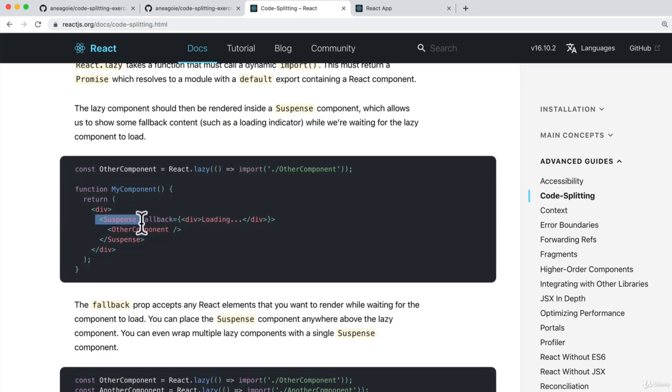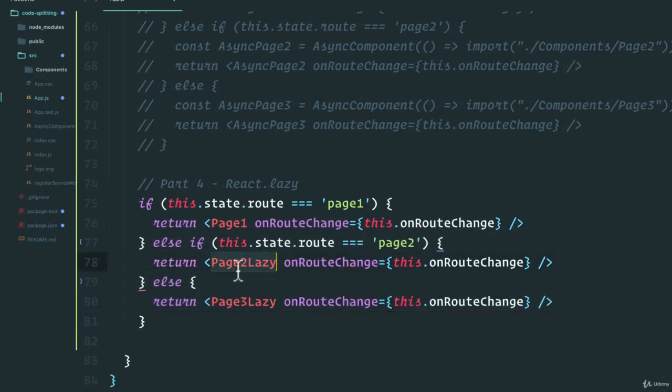it's a function that lets us render a dynamic import, right? But that means if we're rendering something dynamically, that is, when React sees in the render function that, oh, we need page2, it's going to import it. But while it's importing it, the user is going to be staring at a page thinking, what's happening? Where is the component on the page? So the lazy component should be rendered inside what we call a suspense component, which allows us to show some